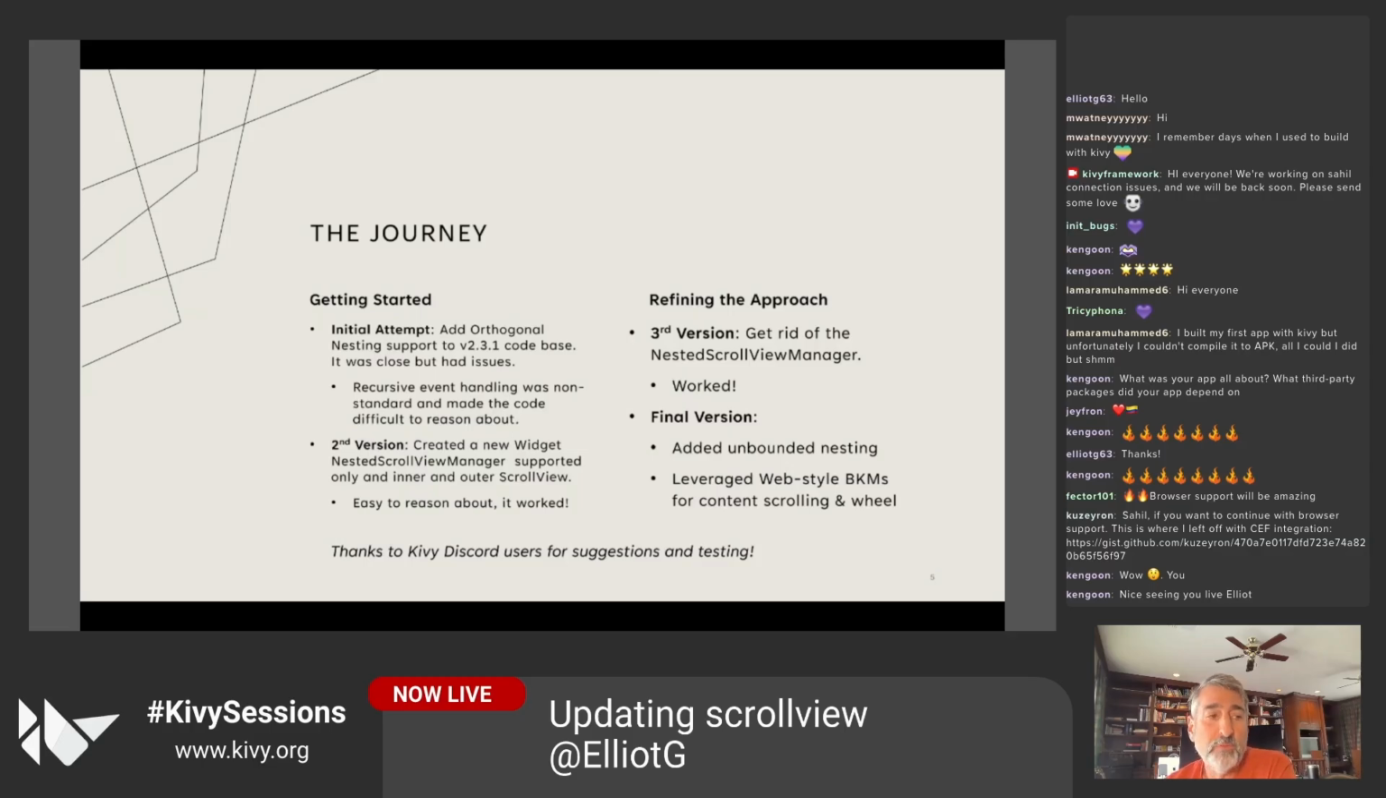Scroll view works by using the touch user dictionary. I could use that to identify what's the outer scroll view and the inner scroll view. So that led to the third version, which was very similar to the second version, but I got rid of that nested scroll view manager. But I was still limited to only an inner and an outer scroll view. And then finally, I said, okay, let me move to